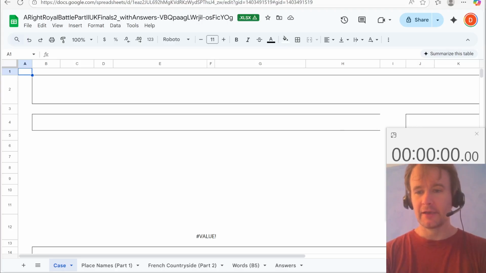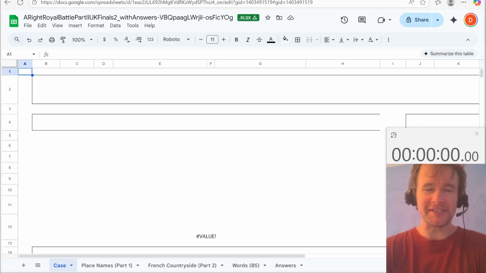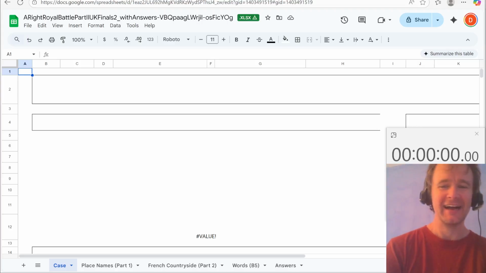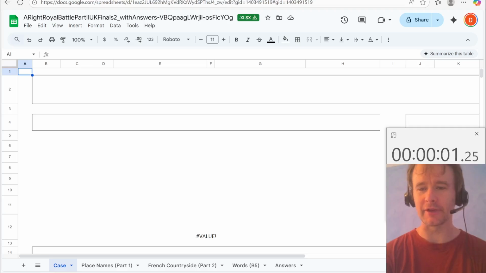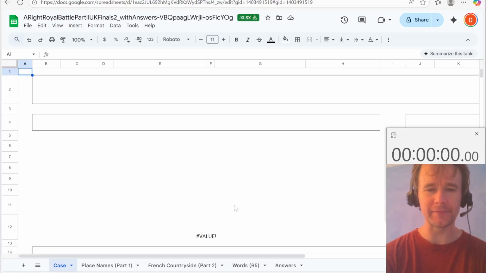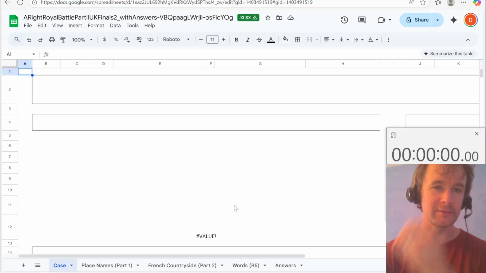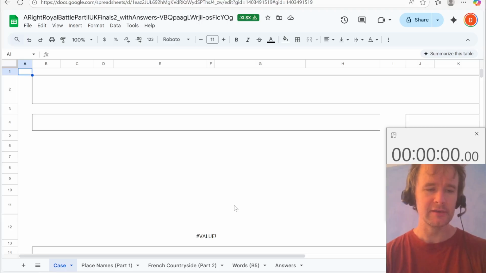But in the spirit of public experimentation, I'm going to start my timer and dive on in. Oh, sorry. One other thing I should say is I did test this case before the finals, so this is not a blind solve, which certainly makes a difference. Although it doesn't make a difference to the execution part, which is the only thing that's the difference between Sheets and Excel. The planning part is kind of the same for both, so whatever. But yeah,